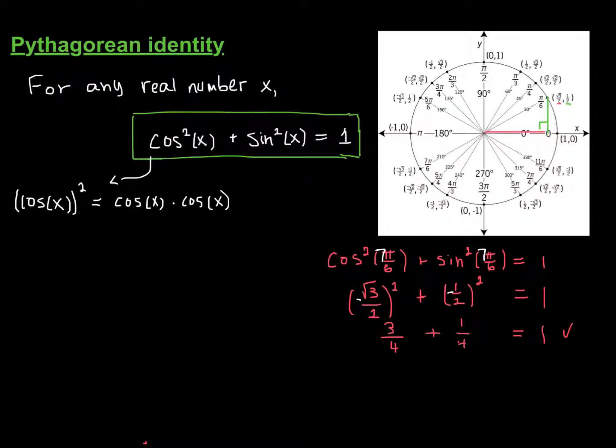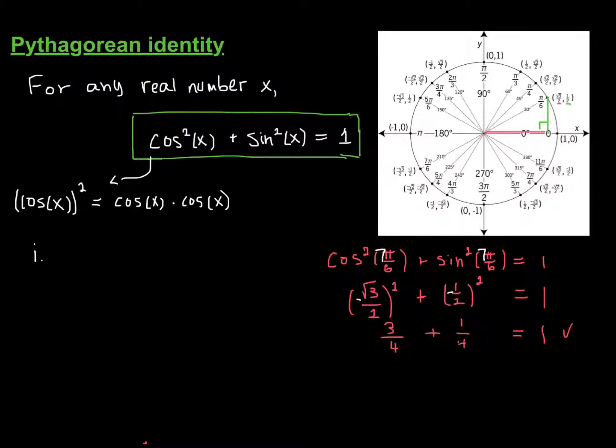No matter where or what value of x I'm working with, what angle I'm talking about. Okay? And this has a couple of nice corollaries. So coming from this, I can solve for cosine by itself. I can also solve for sine by itself. So as a part of this, we have two things, what are called corollaries, or equations that are coming from